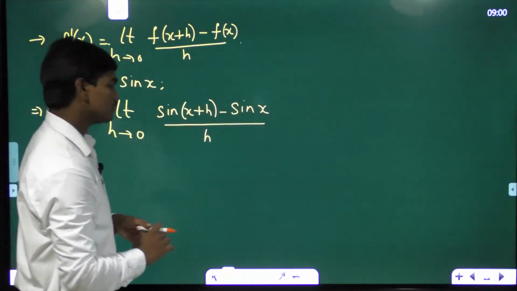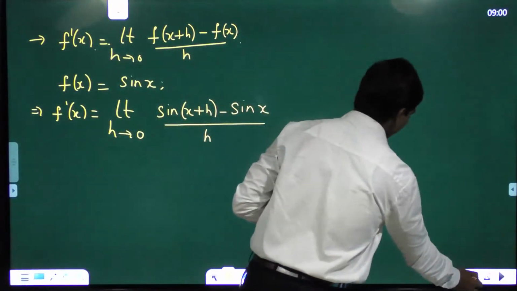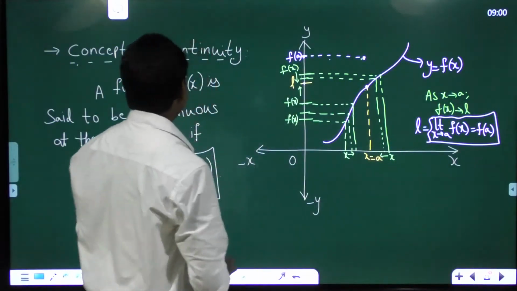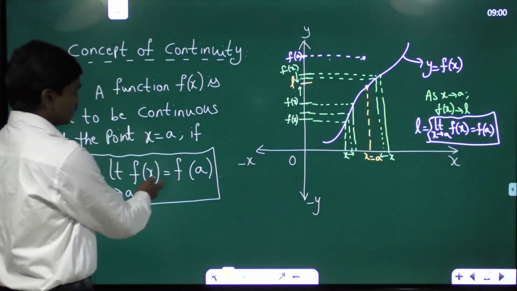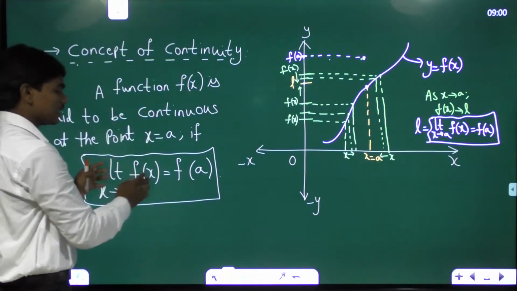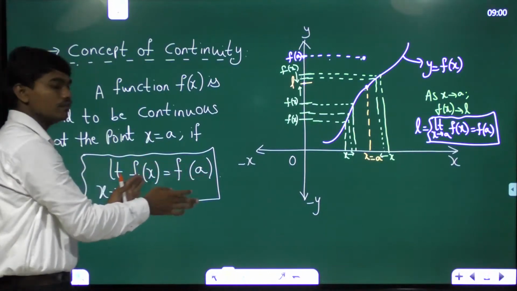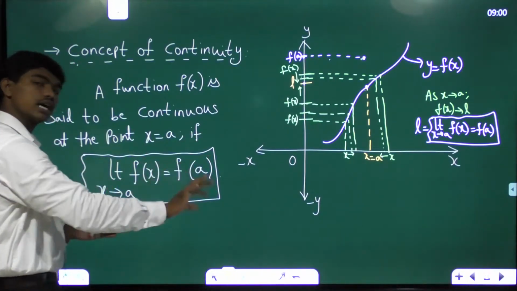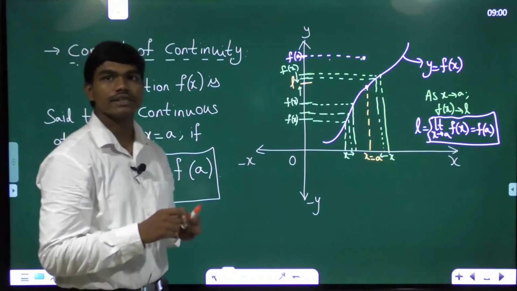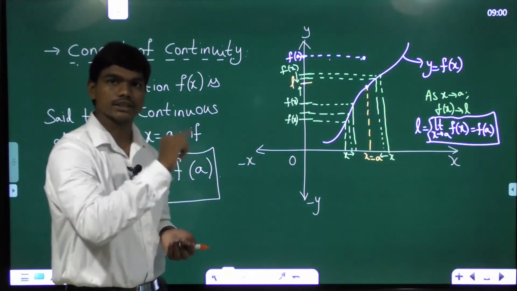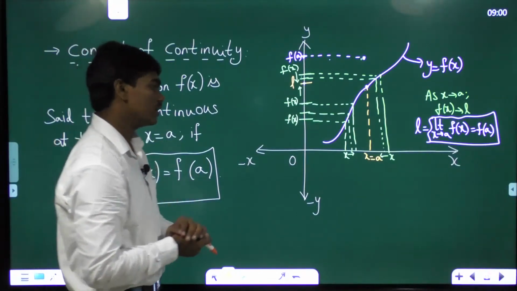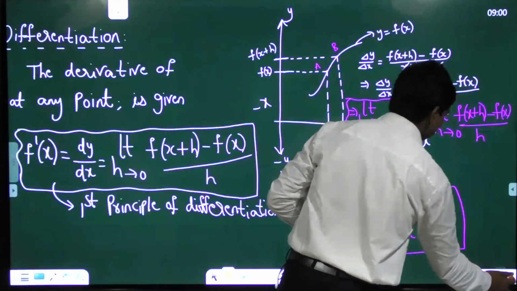And I told you one thing, see here, if you go a few pages ahead, where we discussed the continuity definition, if we say a function is continuous, then the limit always exists, correct? Because if a function is continuous, then the limit should be equal to the functional value, which means the limit is already existing. And yesterday you have seen the sin x graph, there is no discontinuity for sin x. Sin x is a smooth continuous curve, which means sin x is continuous at every point. So using that now here,